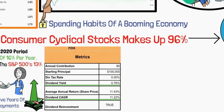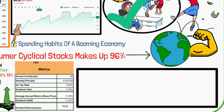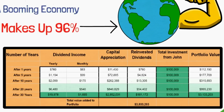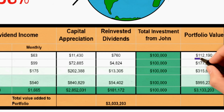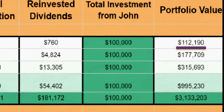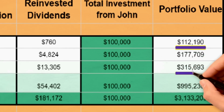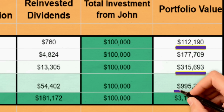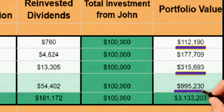Now, let's see what happens if John puts $100,000 into FDIS. After 1 year, John's investment could grow to about $112,190. In 10 years, this could swell to approximately $315,693. If John holds on to this fund for 20 years, his investment might grow to around $995,230. And after 30 years, it could explode to